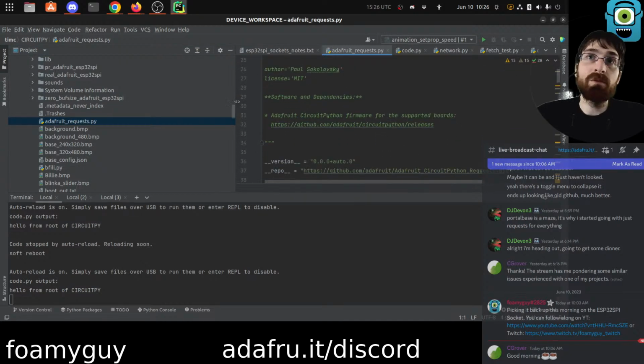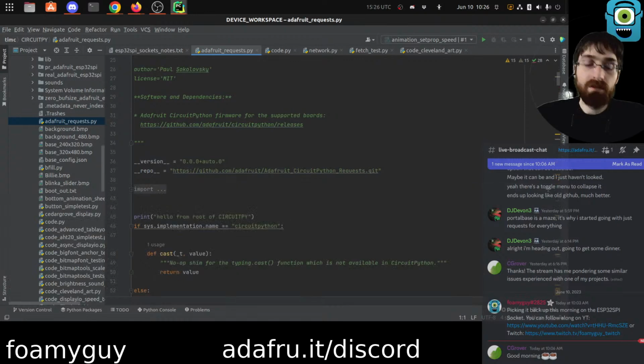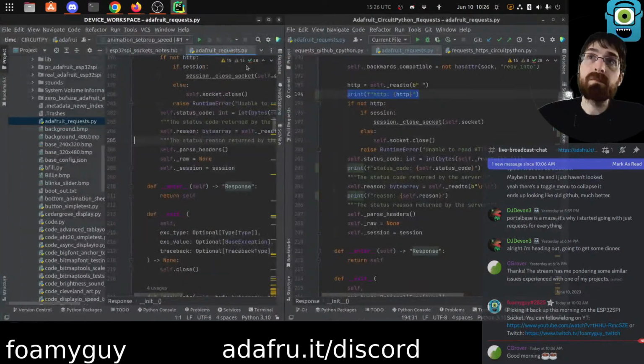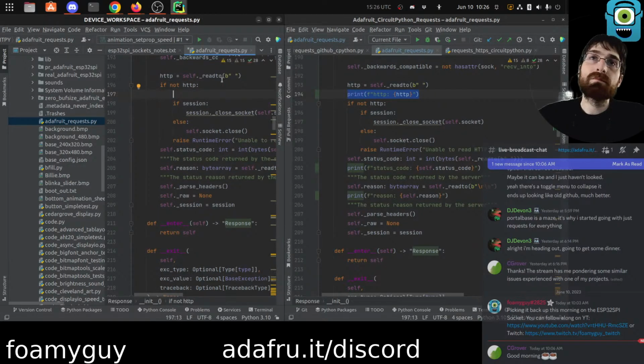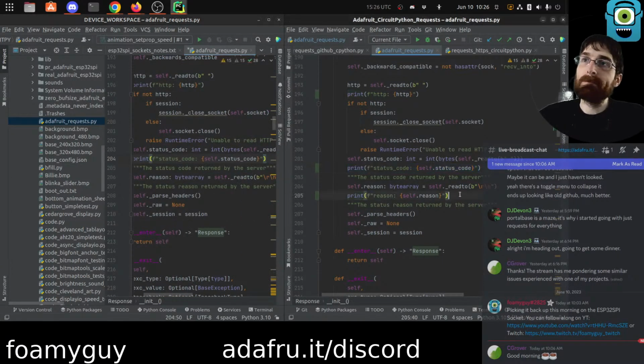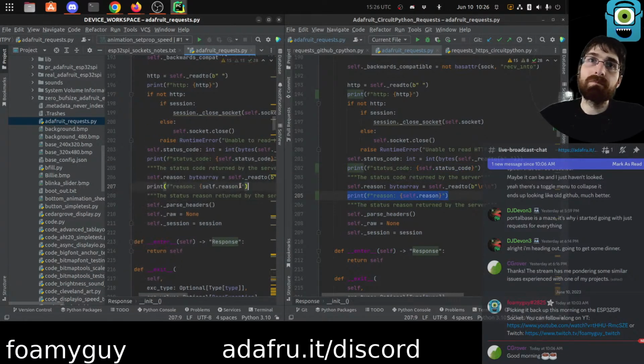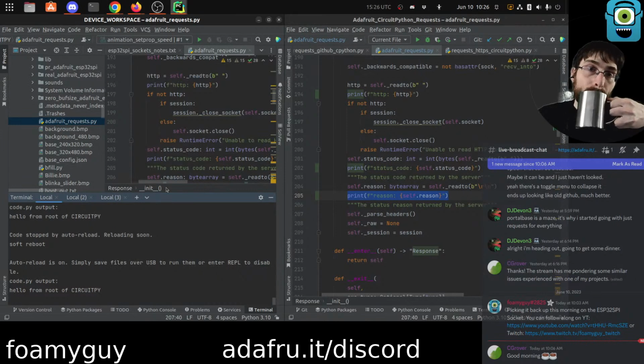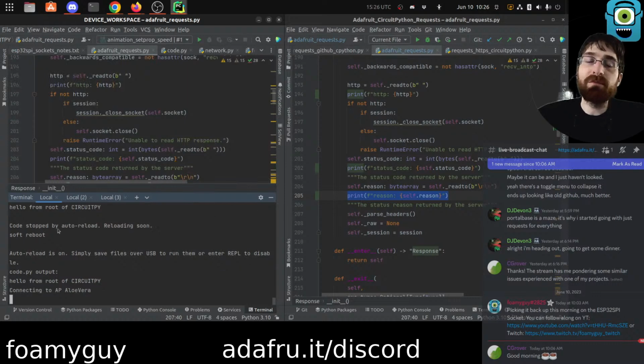I mean, hopefully I put this in here yesterday. I think this is not crucial to get these things to print, but I'm curious what they are,